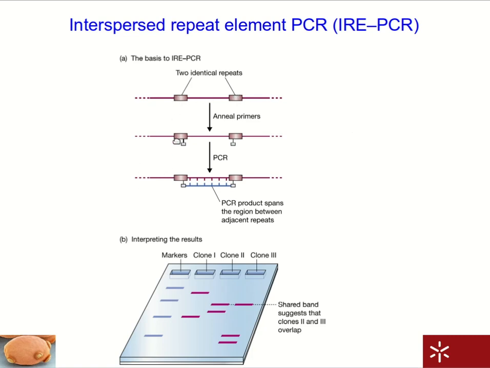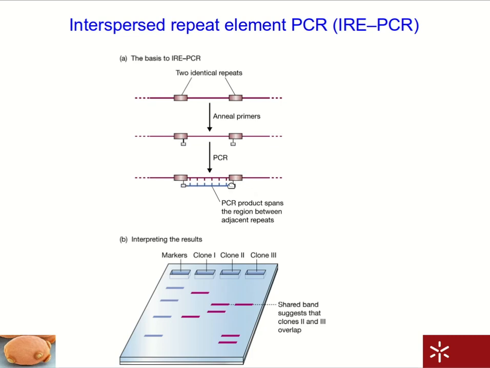If we have a primer for one of these repetitive sequences, usually they are known, we can amplify this PCR product with the same primer. So the same primer sits here and here,